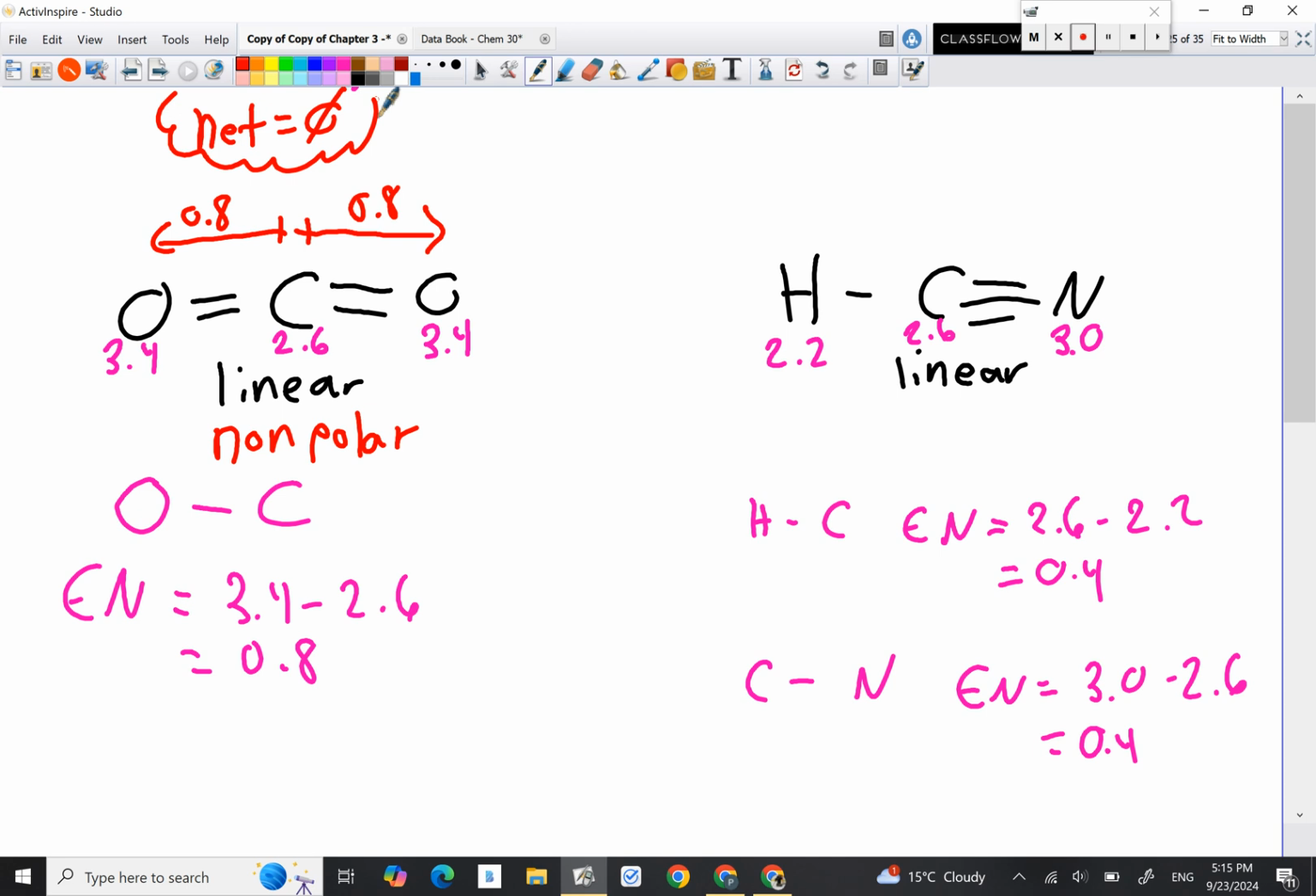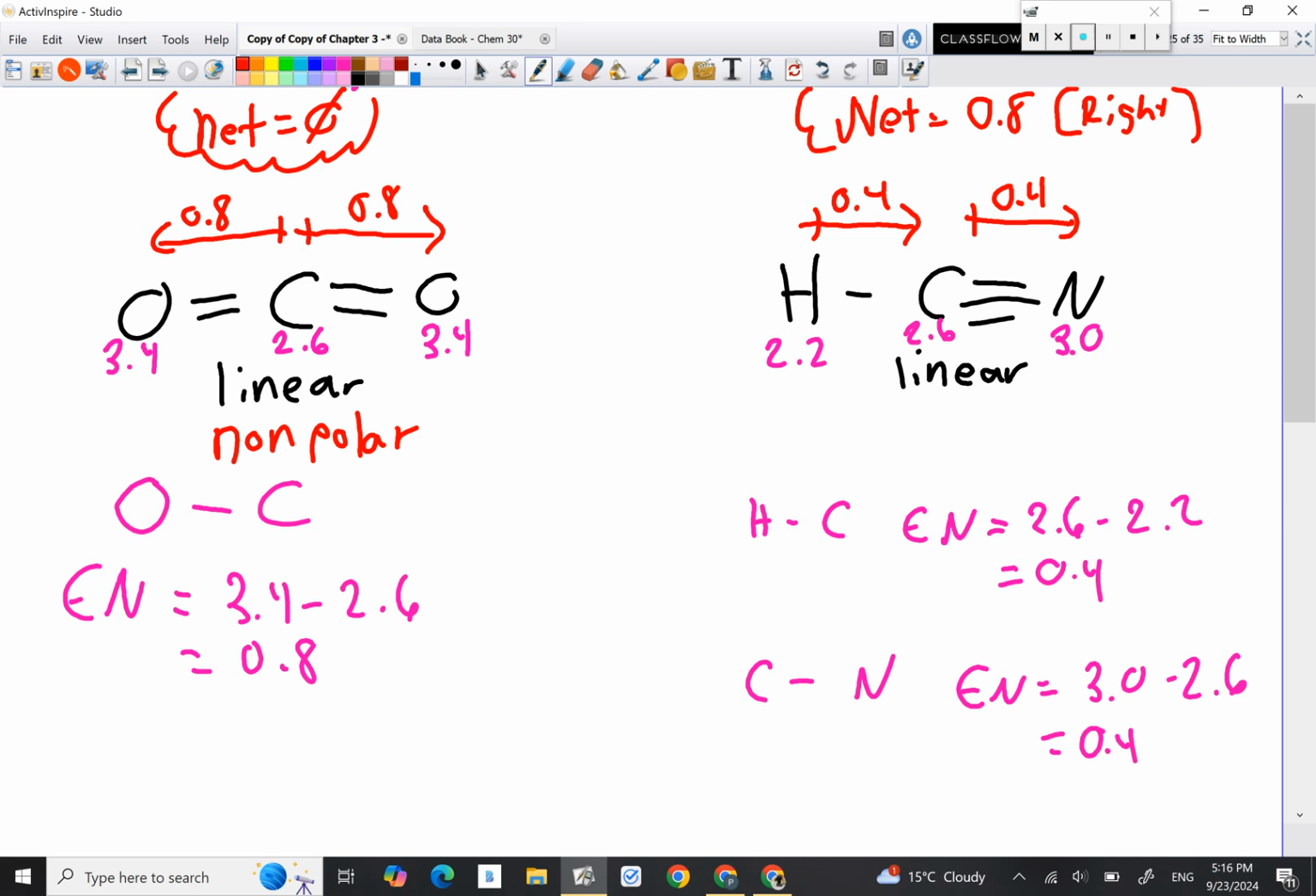The exact same magnitude. But when we look at the direction, when we look at the carbon and hydrogen, carbon is the more electronegative atom, so the electrons are going to be going this way. Now when we look at the carbon and nitrogen bond, well, nitrogen's the more electronegative atom, so we get 0.4 going that way. So we'll notice our net right here, the way I have it drawn, is a net force of 0.8, once again, whatever those units are,